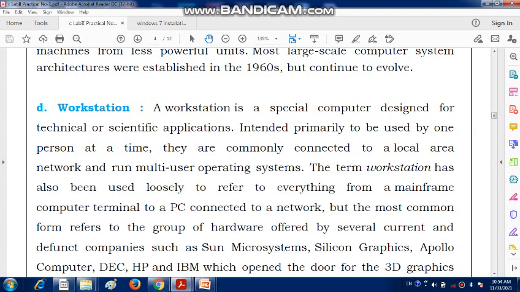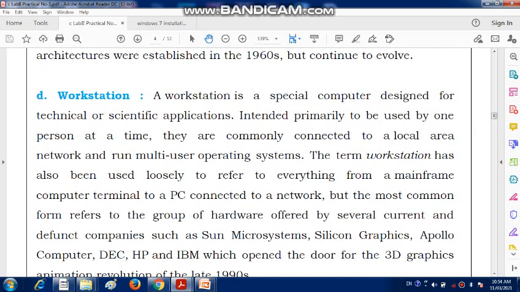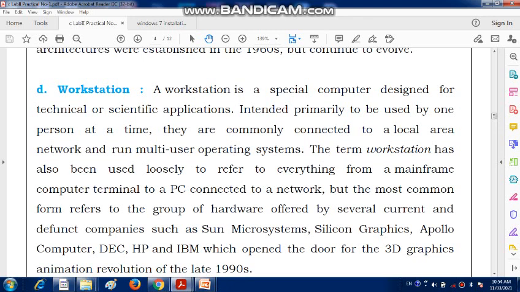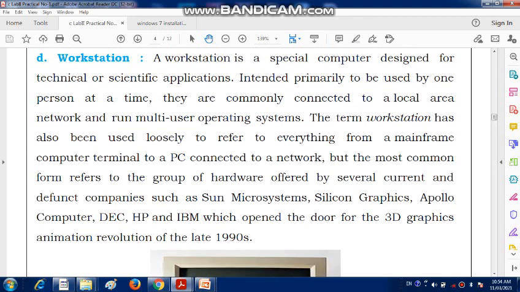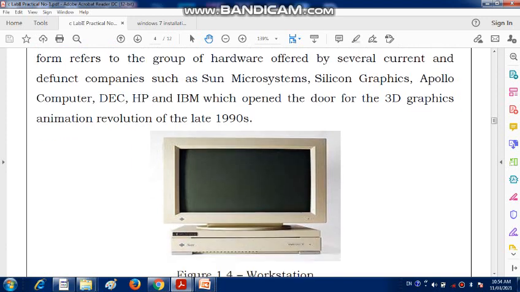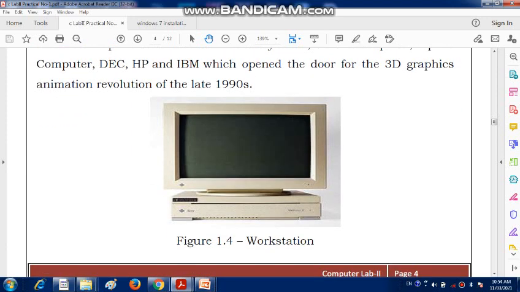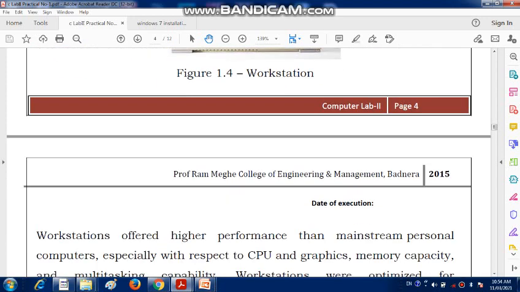The term workstation has also been used loosely to refer to everything from a mainframe computer terminal to a PC connected to a network. But the most common form refers to the group of hardware offered by the server, and that is the workstation, which was normally used in the 1990s.